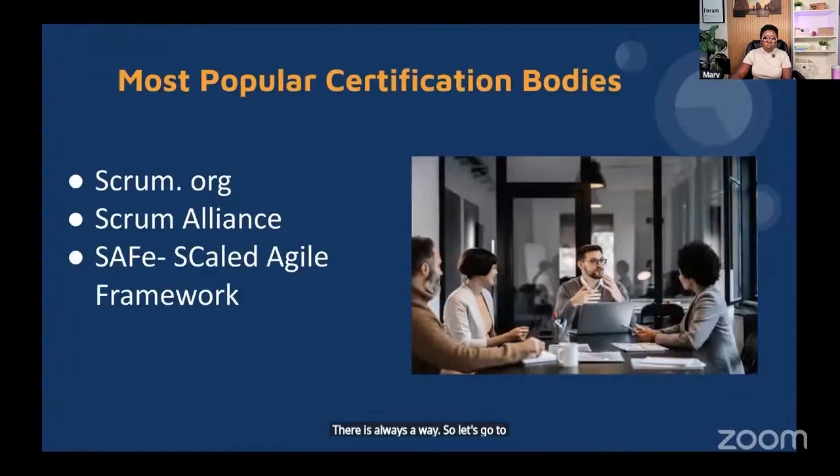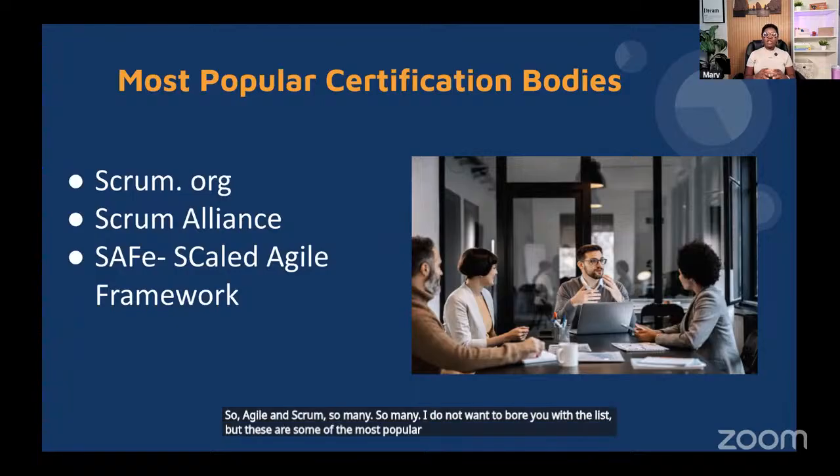So let's go to certifications. What are the certifications you need? There are so many organizations right now that are certifying people for Agile and Scrum. So many, so many. I do not want to bore you with the list, but these are some of the